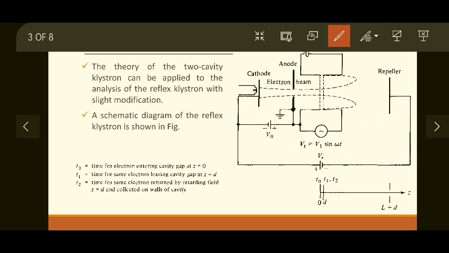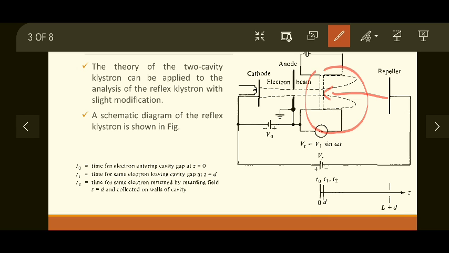Now what will happen as the electron beam enters the cavity? The bunching process will start. This is the buncher cavity, as we know. Now these electron beams start moving towards the repeller. Since this is a repeller, as you can see, the negative terminal is connected to this, so the electrons, which also have a negative charge, will be repelled and go back to the cavity. You can see over here the path is shown turning back towards the cavity, and they will come back at this position again.